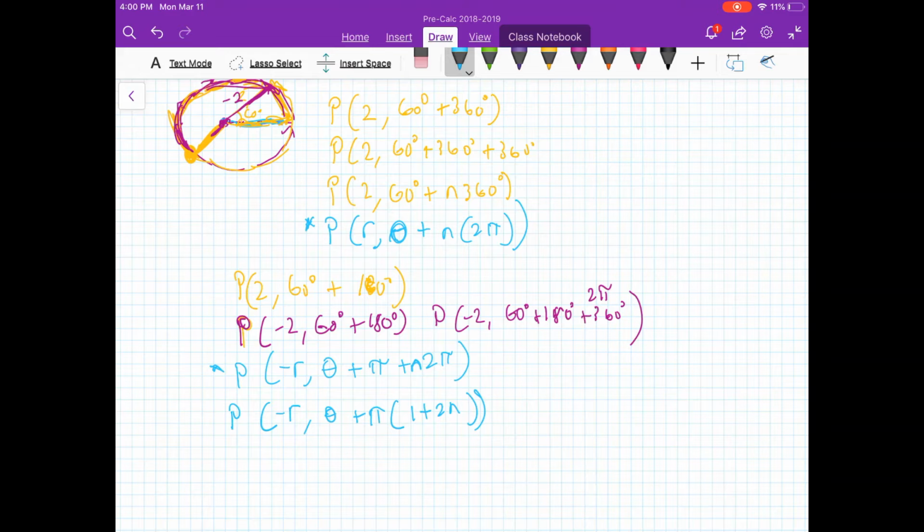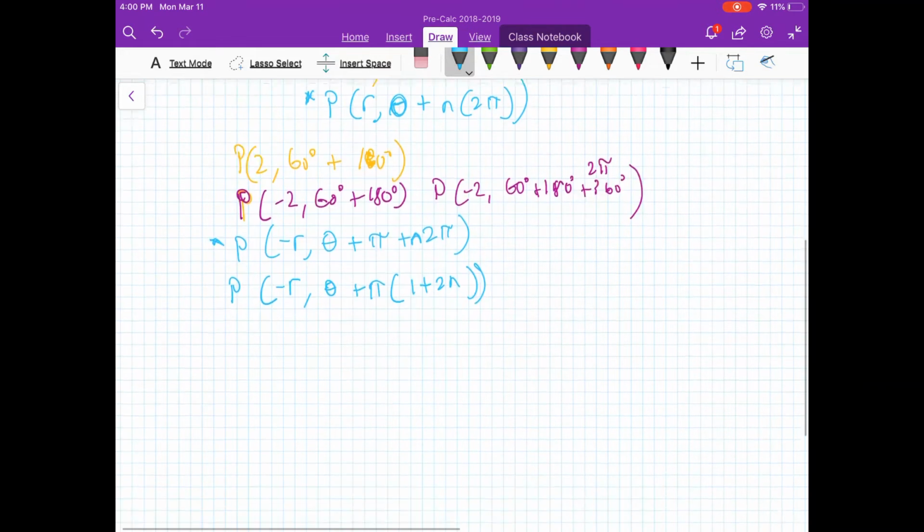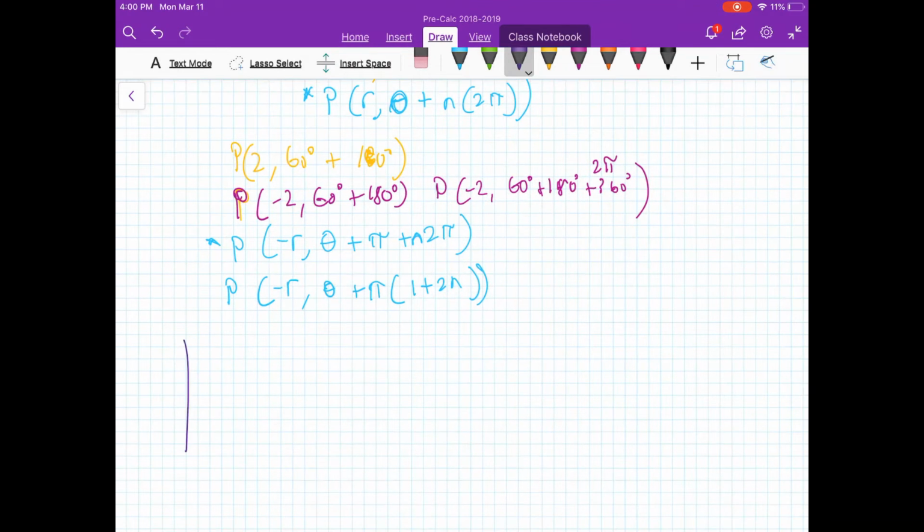So let's look at this then. What else can we do with these points? Is there a way to look at this objectively and try to convert from one way to the other, and back? Let's go back and draw our graph again. If we wanted to go from polar coordinates to rectangular coordinates,